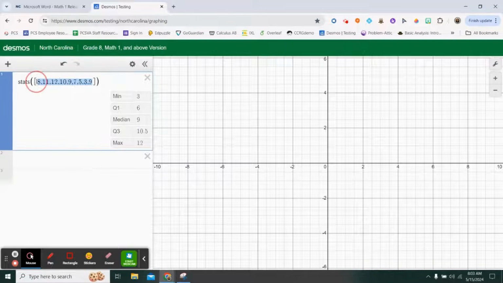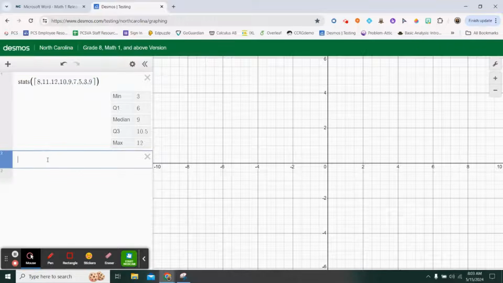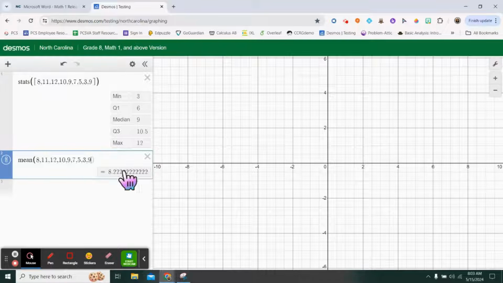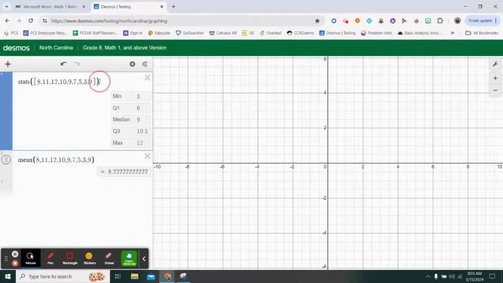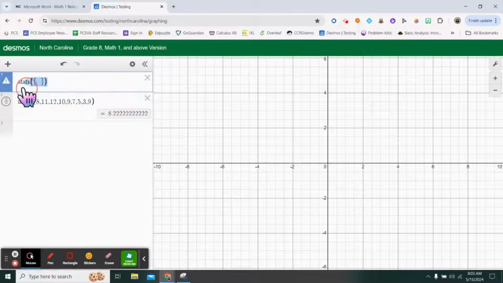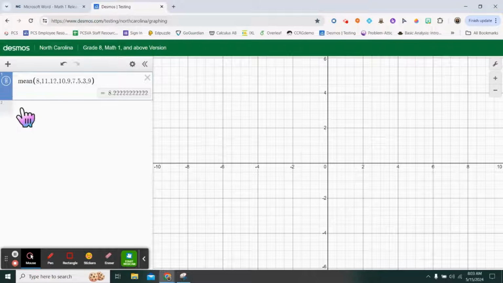And then I can take this same list and I can find the mean, because I think I needed the mean for this question. So I've got all the data that I need, and it says, which statement is true if a 10th data point of 45 is added to the data set? And we want to know what's going to happen to the mean and the median. So if I've got my original set here, and I don't even need this whole list. I really just needed the median. So I'm going to change that,